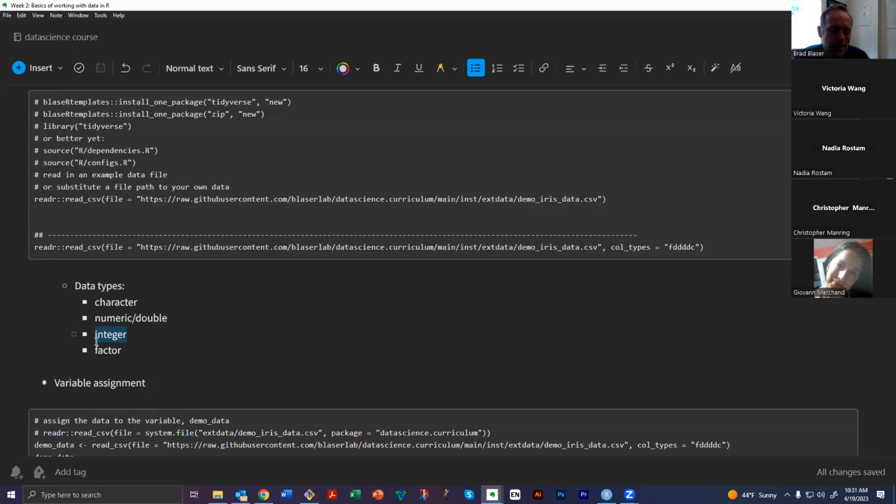We use those sometimes, not often. Commonly we use factors though. Factors can be a little bit tricky, but it's important to know what they are. A factor is essentially a character value that has an order to it. Okay, and really what it is, it's a character label, like say in Word, like my name,